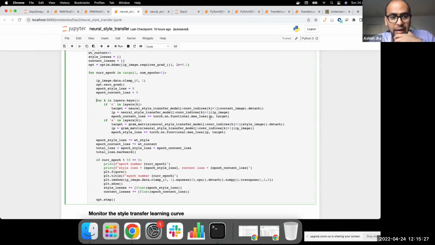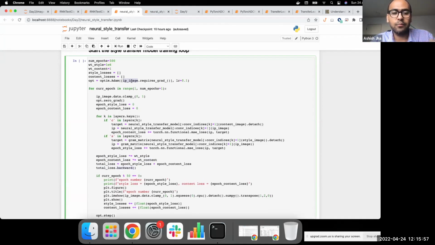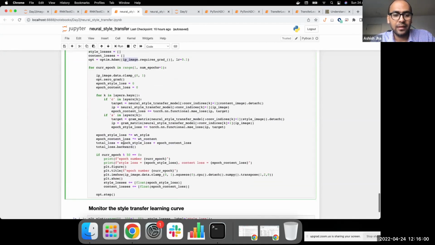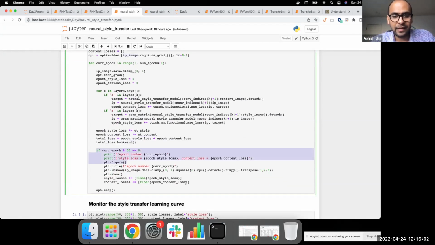Okay, once you have gone through all the 5 layers and have computed the epoch content loss, basically summed them up for each of those layers, and also the style loss, finally you apply the weights for each of those and sum them up. So this is a weighted sum for the content and the style loss. And once you have defined the total loss for that one epoch, you backpropagate that loss. And here backpropagate means you're going to update the input image pixels. Cool. So that's actually it.